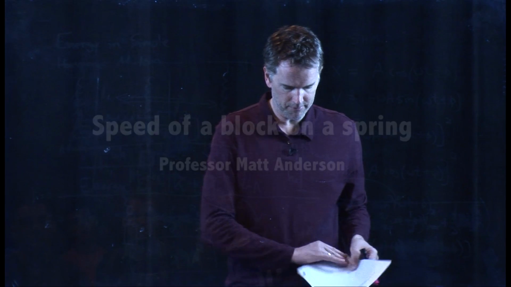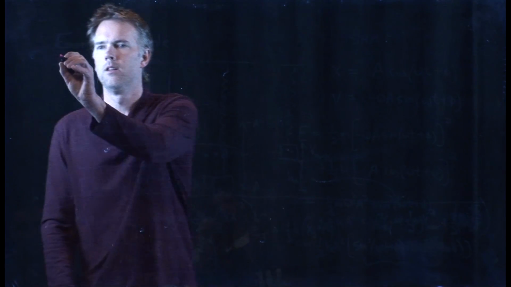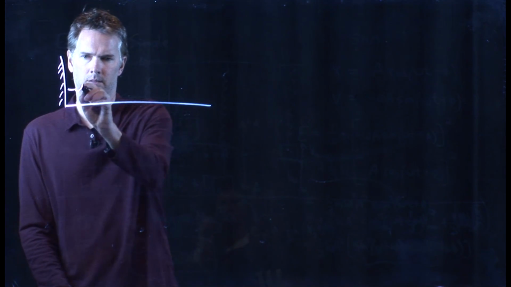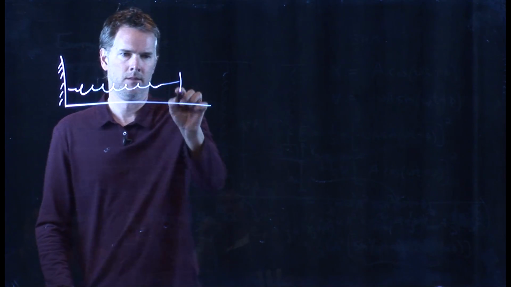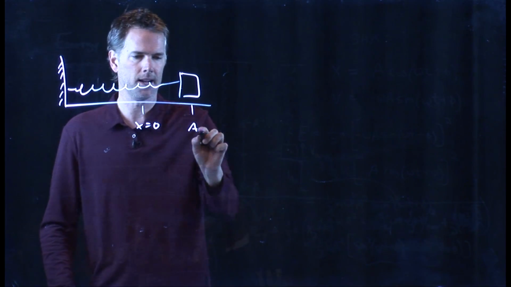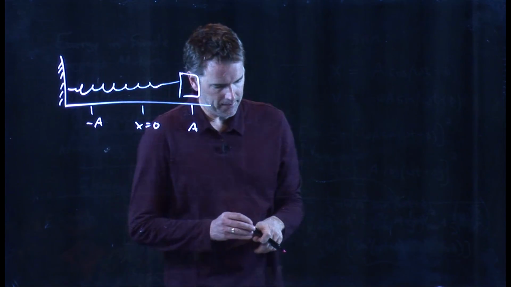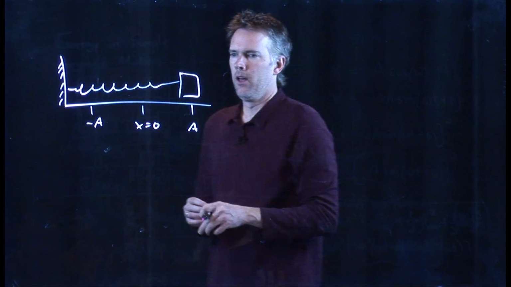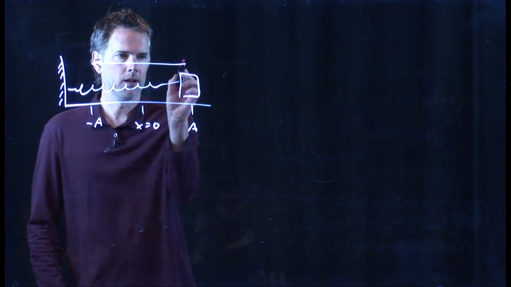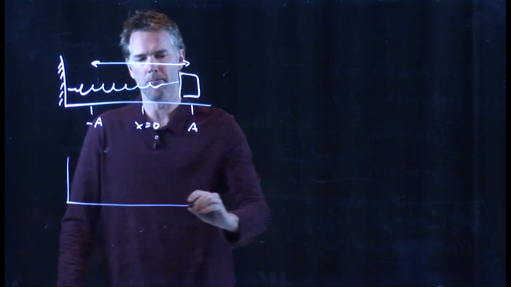When we have the horizontal picture and we stretch it out to a distance a, here we were at x equals 0, we're going to stretch it out to a. We know it's going to go all the way to negative a and then go back and forth. When we let that thing go, it is of course going to head that way. It's eventually going to come back. Where is it going its maximum